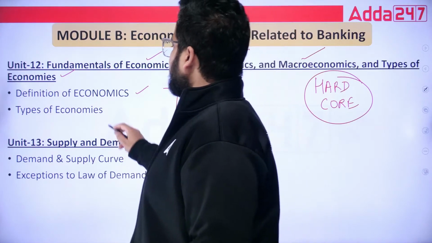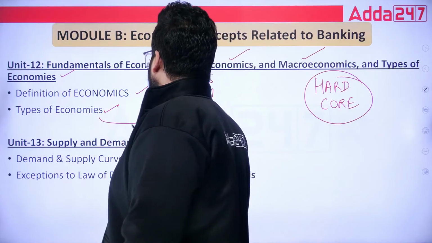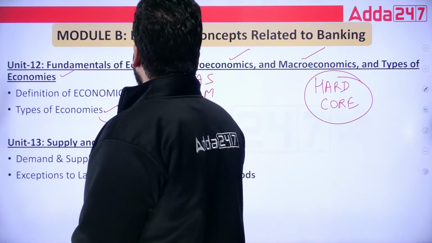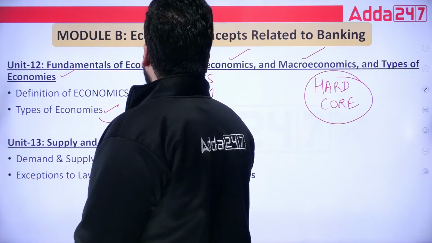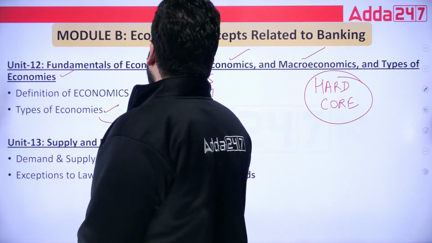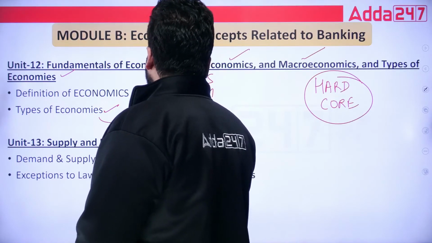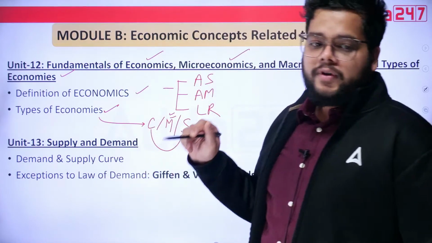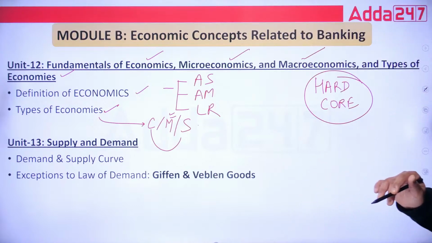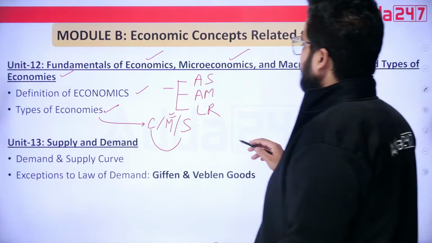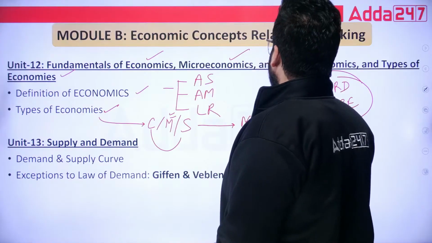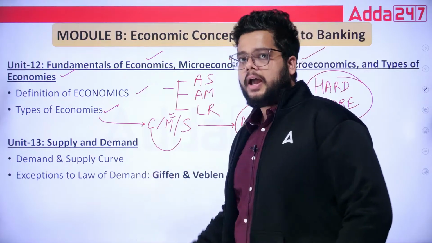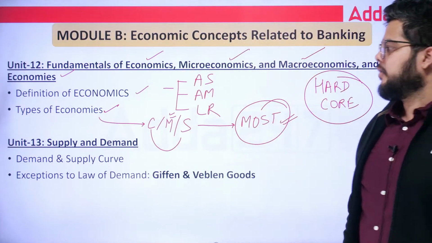Second important topic is the types of economies. Now in types of economies, you will find that we have the capitalistic economy, we have the mixed economy, as well as the socialistic economy. And when we club capitalist and certain socialistic measures, then only we get this mixed economy, which is being adapted by most of the countries in today's world. And mostly the countries, they are following which type of economy? The mixed economy.